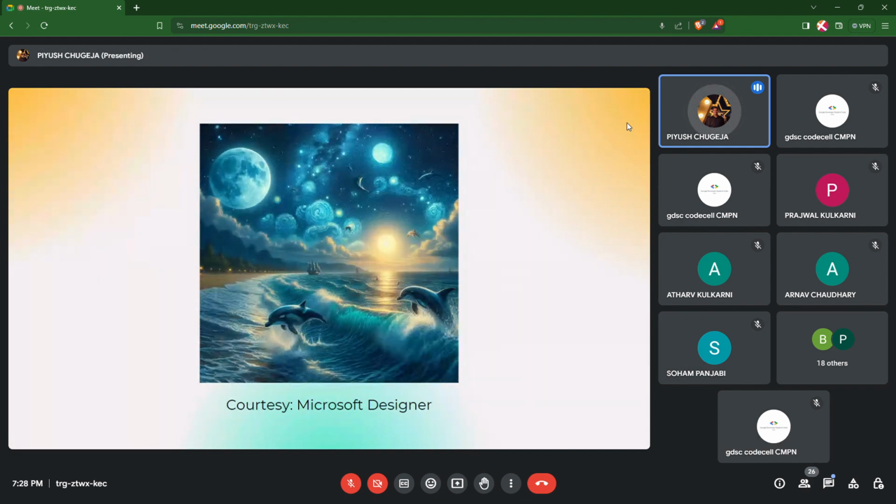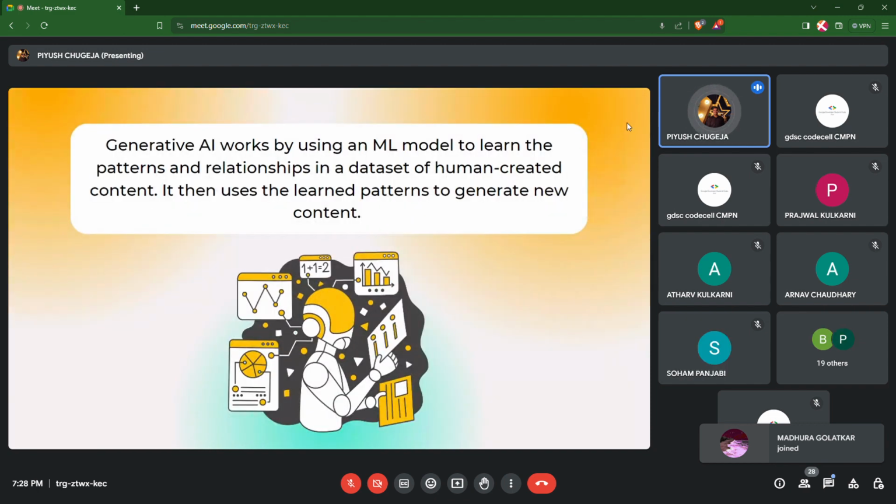Now, I know all of you might be wondering, how does it actually do this? What do we use to train such big models? How are they doing this? So let's understand that with a little technical definitions. Gen AI can learn patterns. It can learn representations from vast amounts of data.